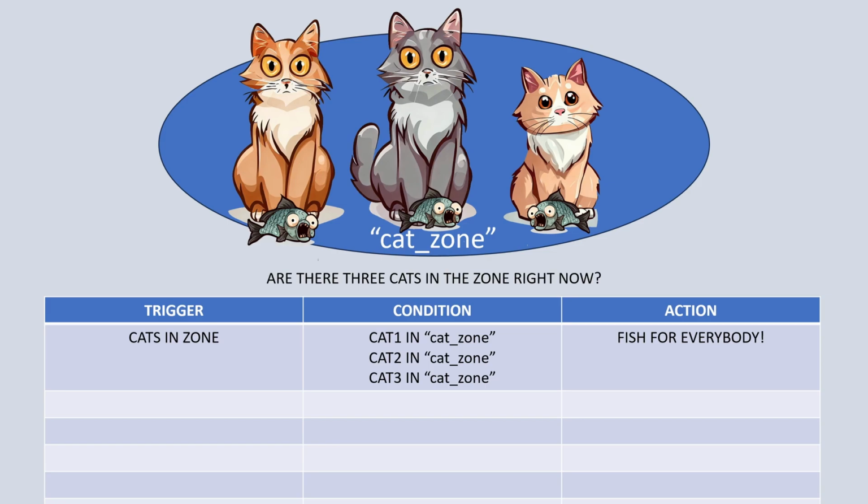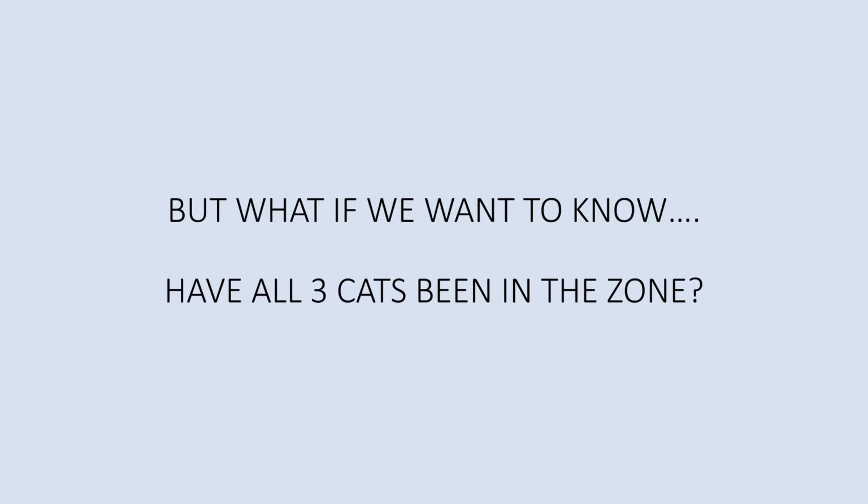Okay, you can see how this trigger fires when all 3 cats are currently in the zone. Most triggers in DCS reflect a snapshot of the present moment, but they cannot look into the past, nor can they look into the future. Now, what if we want to know